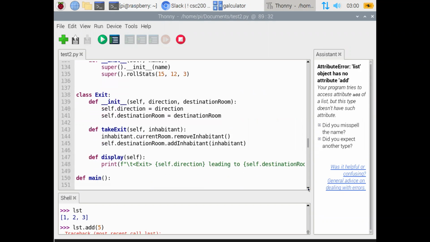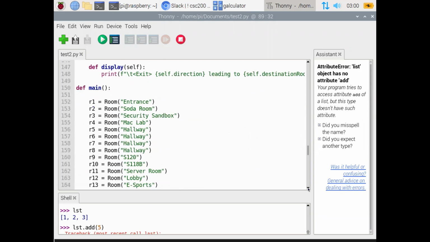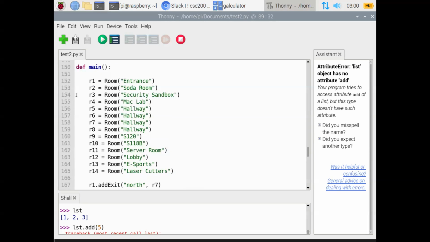Then we have our exits. Nothing special about exits. Really what I'm doing is I'm looking for where have I used the things that I just changed and what do I need to now go and fix? All right, so here's my constructor for rooms. These guys are all okay. Let's see, we have a